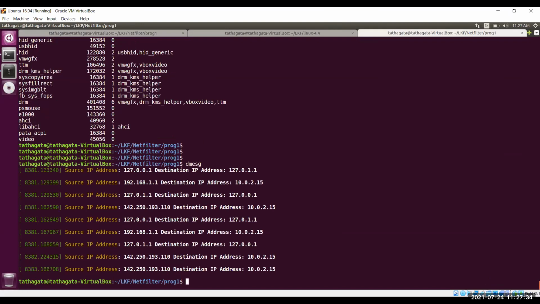Which IP address? Sorry, I didn't get your question properly. No, the source IP address corresponds to which machine? I mean, where are you getting the source IP address from? Whatever packet my machine is receiving, I am displaying the IP address from the packet.